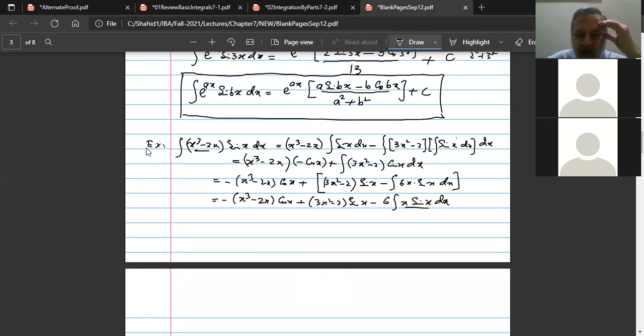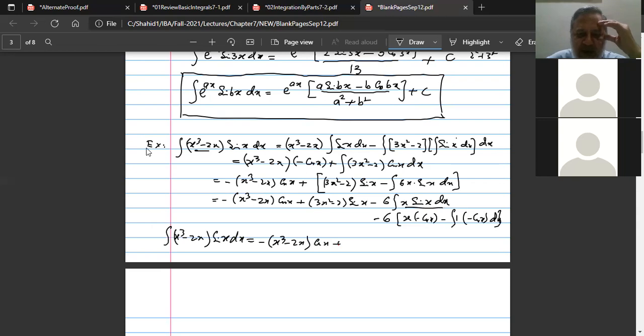So another by parts, and that makes minus 6 times x as it is, integral of sine minus cos minus derivative of x 1, integral of sine minus cos, and finally I reach the result: integral of x cubed minus 2x sin x is equal to minus x cubed minus 2x cos x